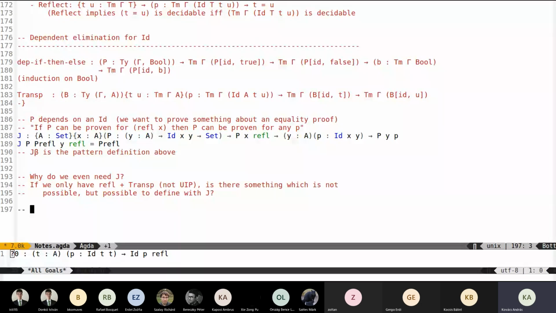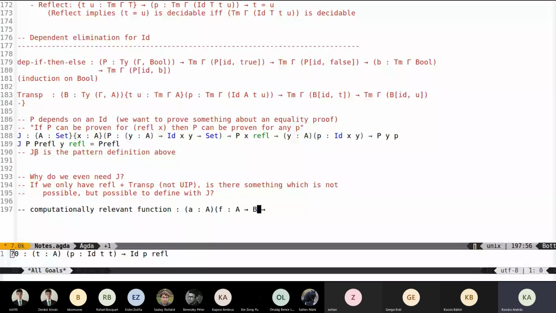So if you write any kind of computationally relevant function which goes from A to B, or maybe it goes from A to A, but yeah,